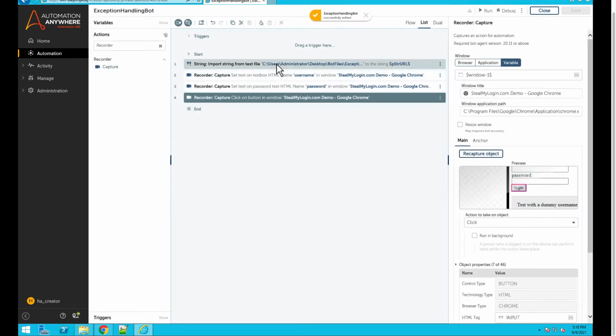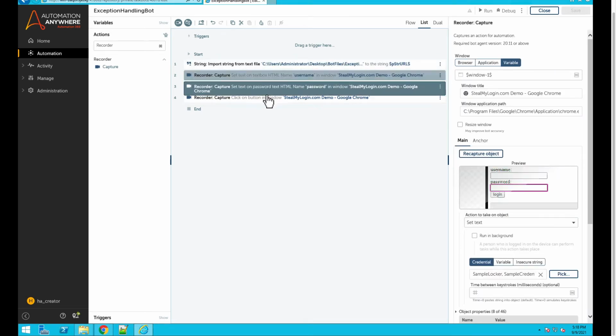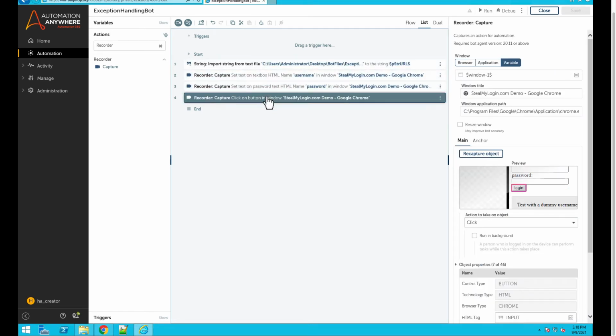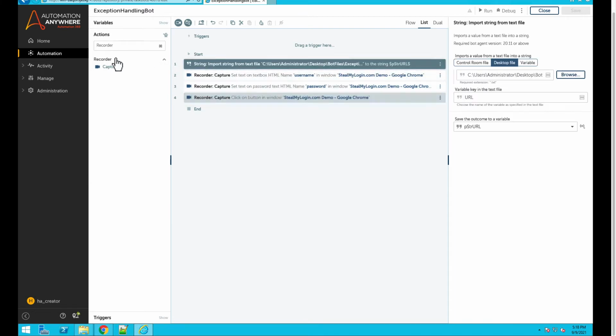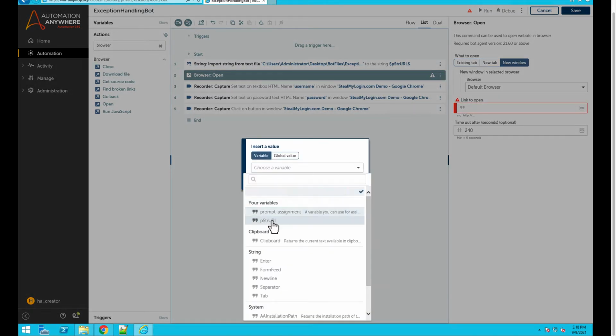Okay, so I'm importing the URL, putting username, password, and the login button. I need to open the URL first, so let me drag browser open, and I'll open the URL. I'll click here, paste your URL,